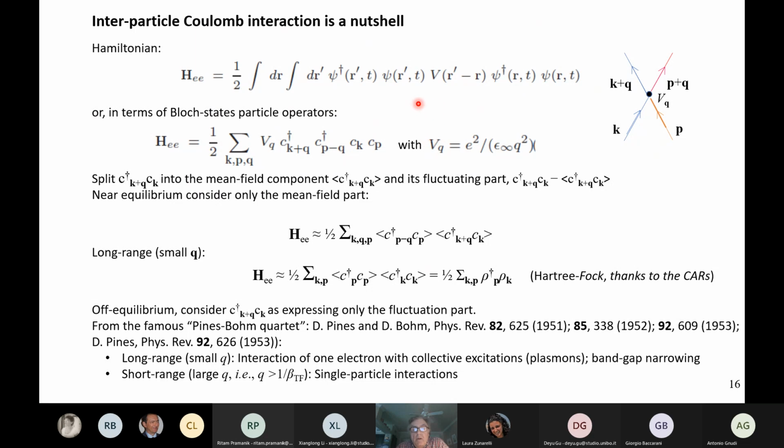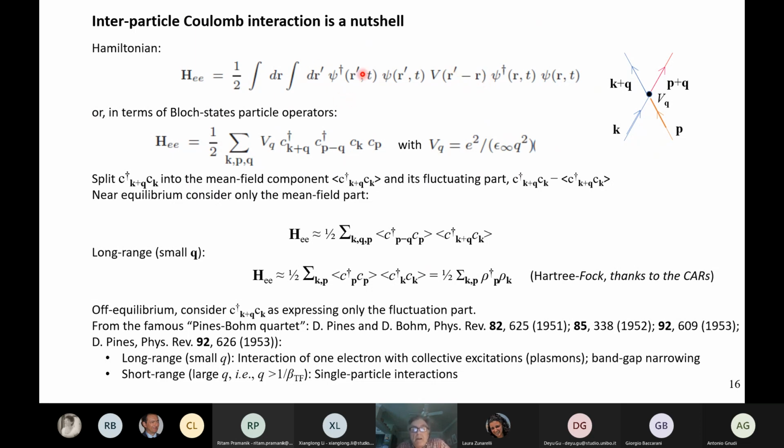Okay, Coulomb interactions. Let's consider the simple case, which is already complicated, of a uniform electron gas. So let's ignore for now Bloch waves and consider the electrons as plane waves. So the Hamiltonian can be written as the density of electrons at position r prime times the density of electrons at position r, and multiplied by the interaction potential between r prime and r, and then you integrate over the